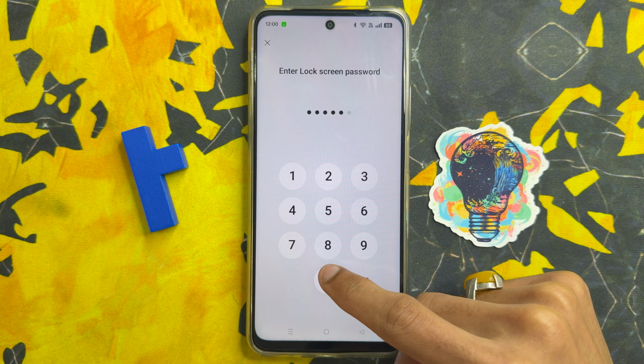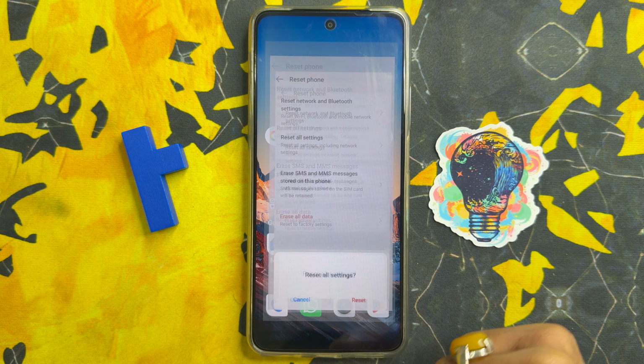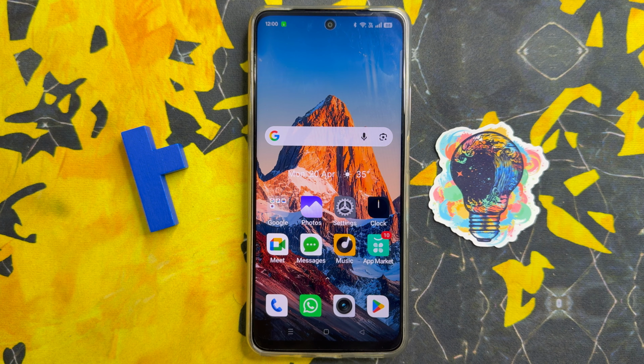Enter phone pin, click on reset. After the process, go back to the home screen. You will see your problem is solved. So that's how you can fix if apps crashing on